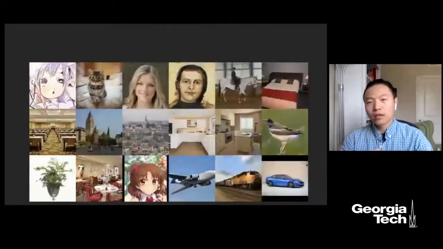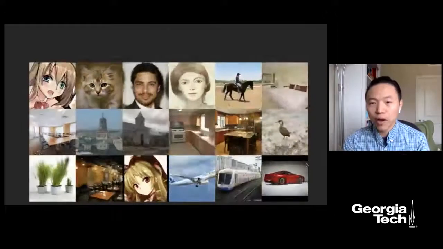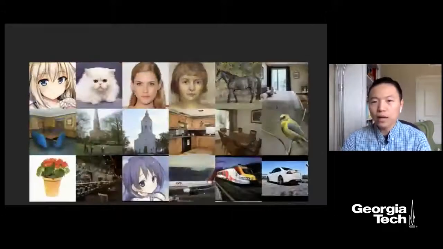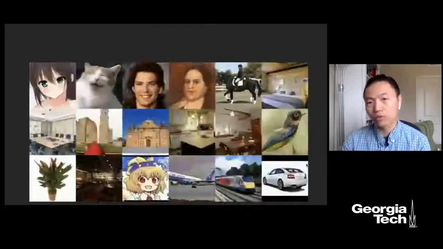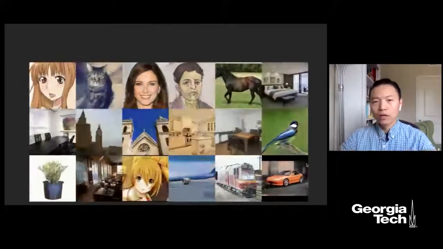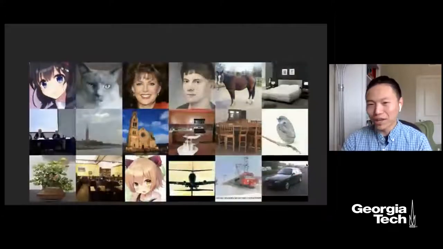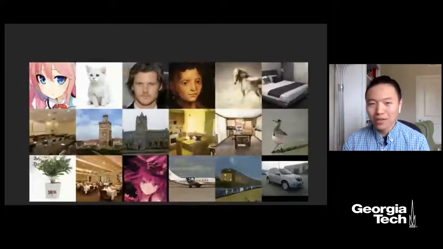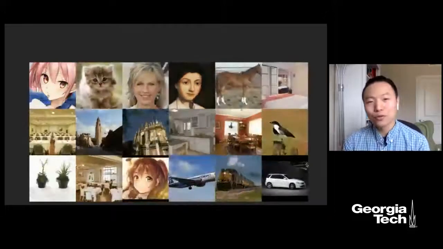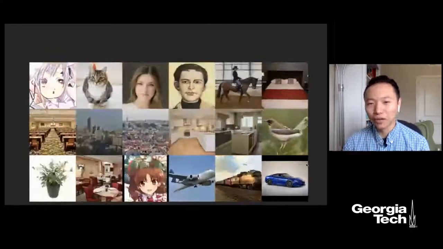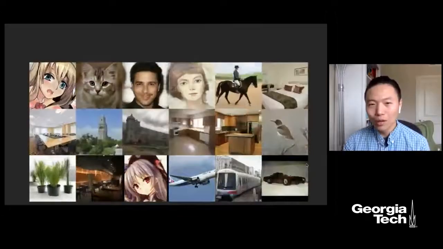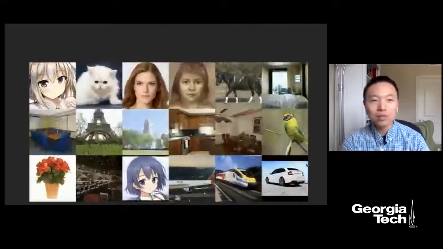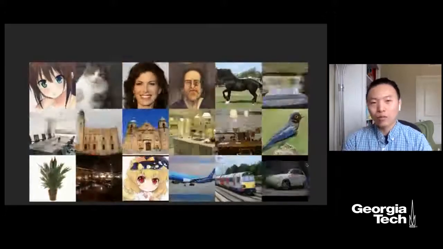So if we can better identify their disentangled or variation factors, then we can better steer or control this process. That will let people work with this AI model for human-AI collaboration. This is one of the future directions I'm pretty excited about: how humans can work alongside the AI model to create new content,